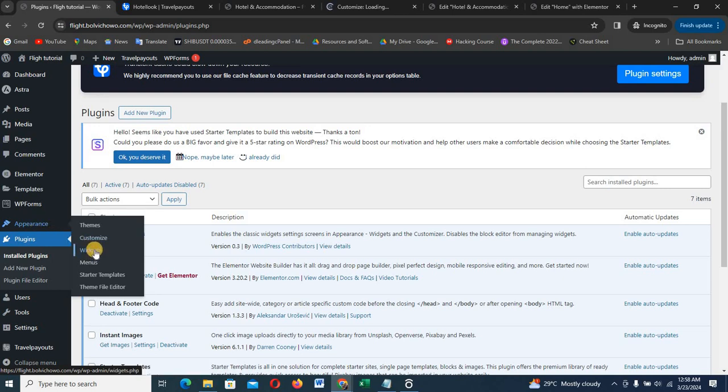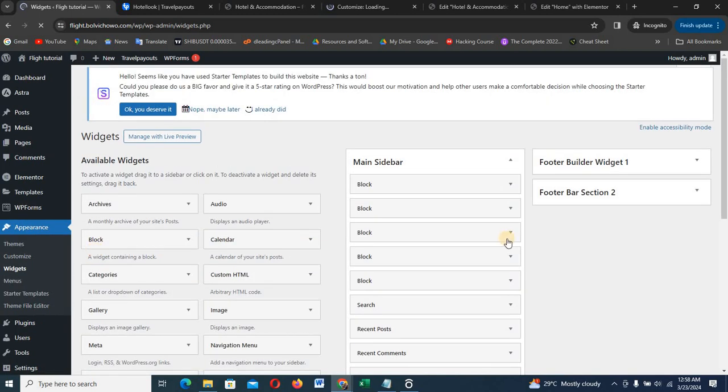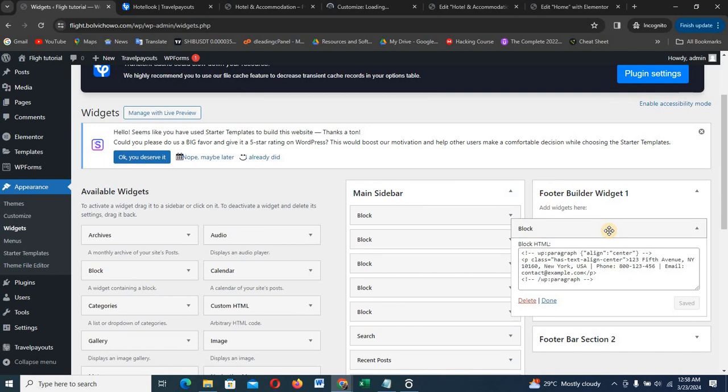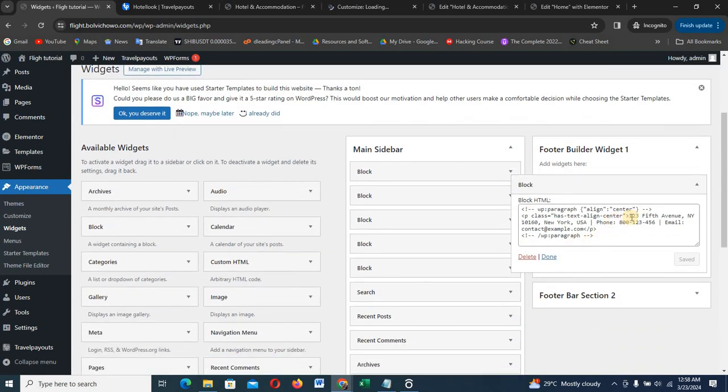So I will just come to appearance and this is the widget here. Don't mind it, they may not write classic widget, but you know this is the widget. Now, as I see, it will allow me to have my widgets like this. I will just come to footer here, and I click on this block. And all I need to do now is come here and change my address to, let me just say,